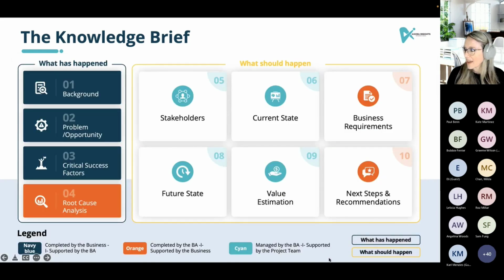All right, so just going back, we're going to look at our last part of our knowledge brief in part 1, which is the root cause analysis. Now, root cause analysis is such an important component of investigating something. If you go to the doctor and you say, I've got a headache, and the doctor goes, it's definitely you haven't slept well, here's a pill. Now, I know that happens occasionally, but that wouldn't be a really good investigation, would it?